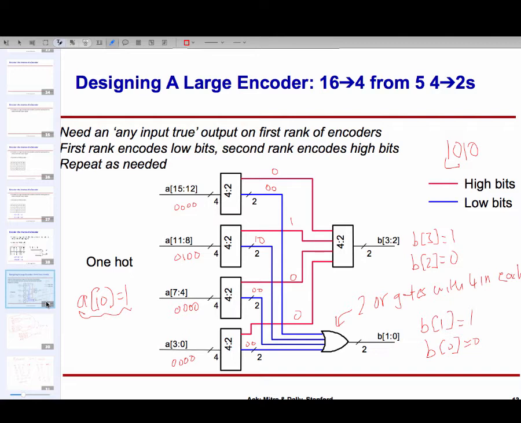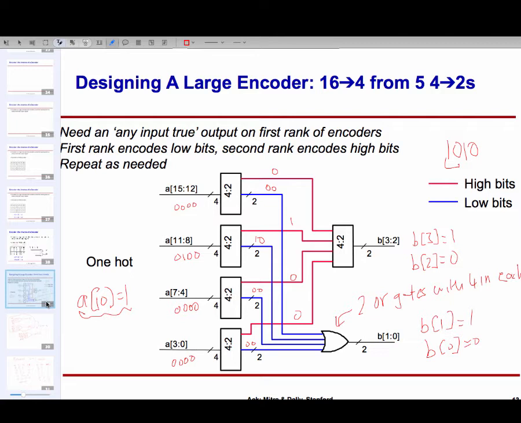Now when we are going to merge these things, I need that information as to which encoder saw the 1. And we also need to know within that encoder, which wire saw the 1. Well, these are now these enhanced encoders, as I was calling them last time. They have 2 kinds of wires coming out. The blue wire, which is 2 bits, and a new red wire, which was not there in the previous slide. The red wire says, was the input valid?